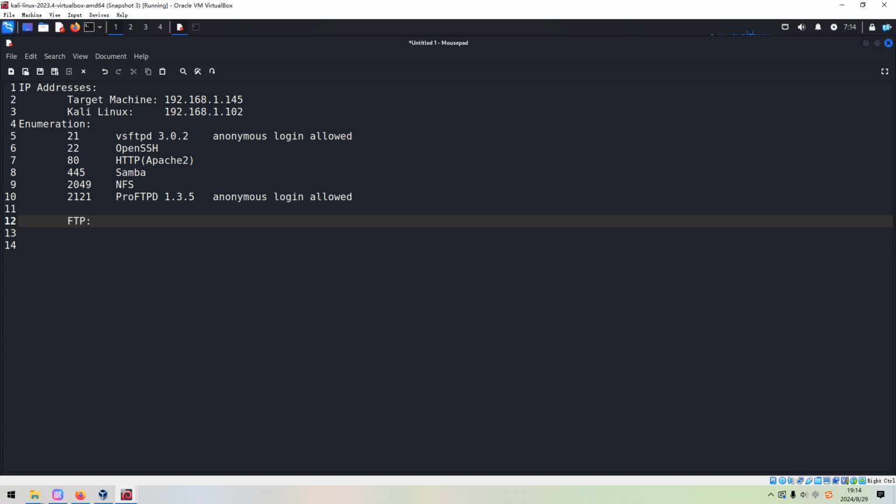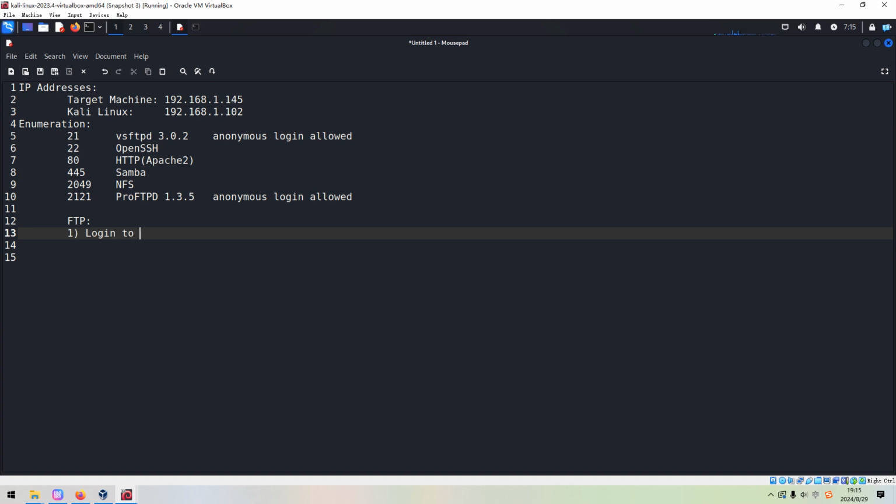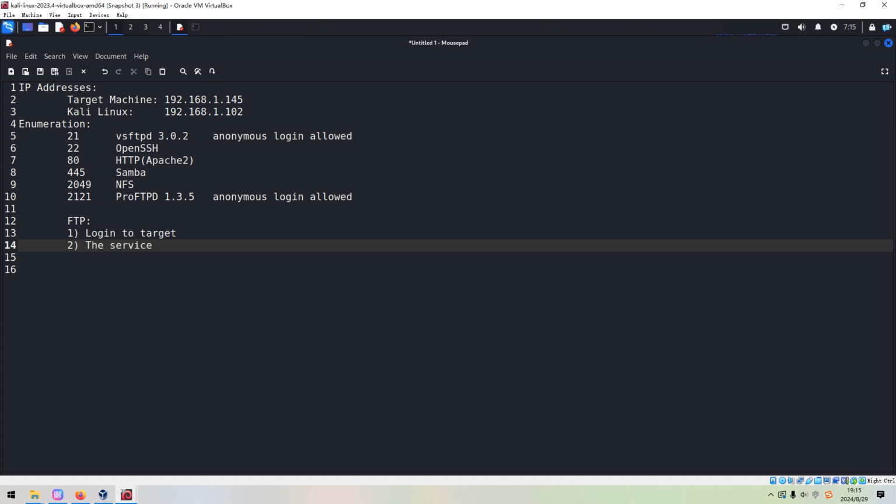We know that we can log in as an anonymous user, so the first thing we can do is log in to the target and see whether we can retrieve some files or directories from the target. Next, we also need to check whether the service is vulnerable or not.